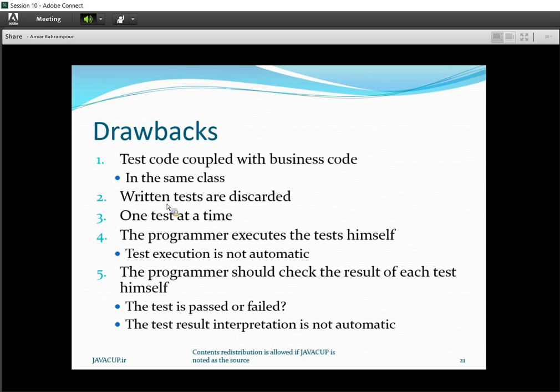The next one is that the written tests are discarded. As you know,